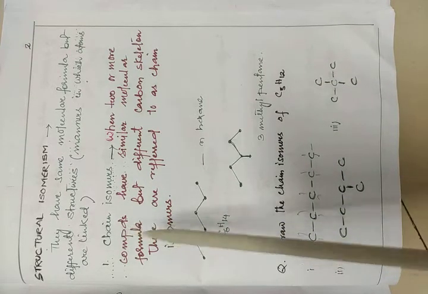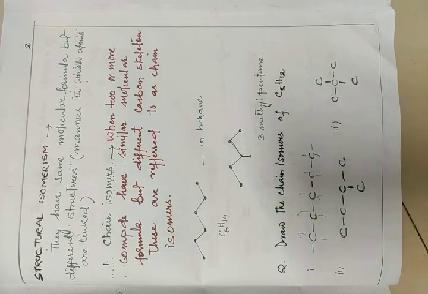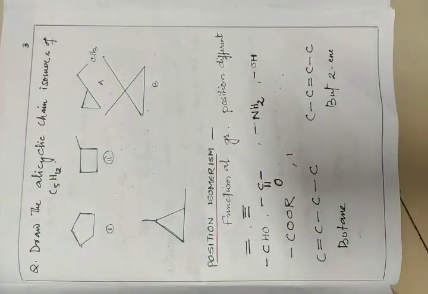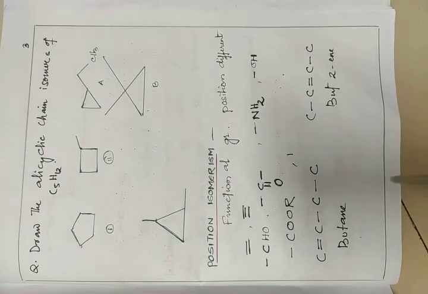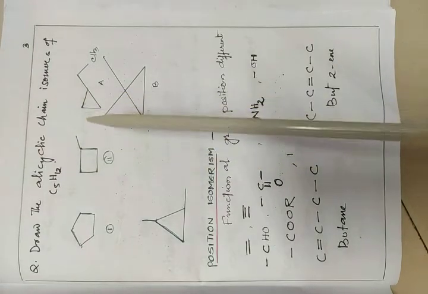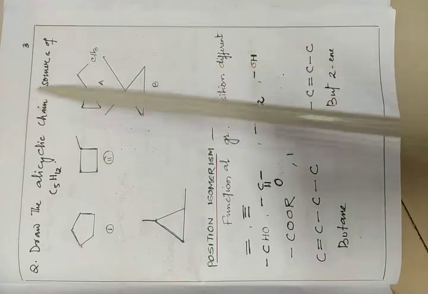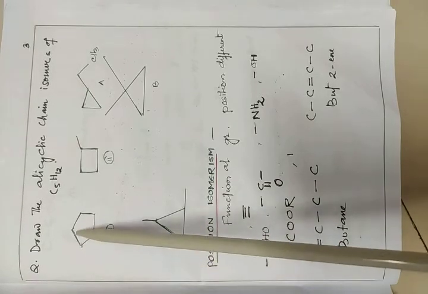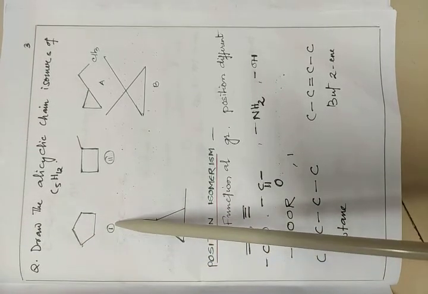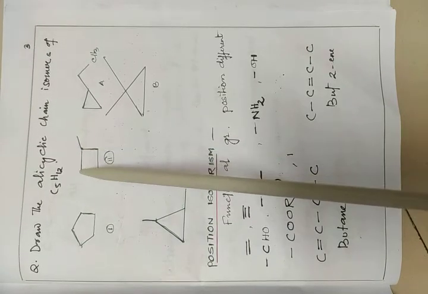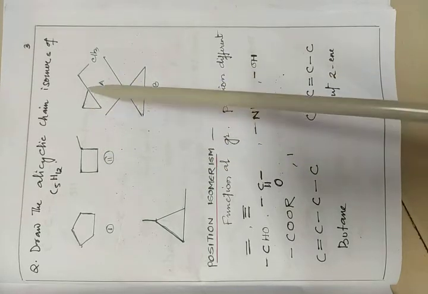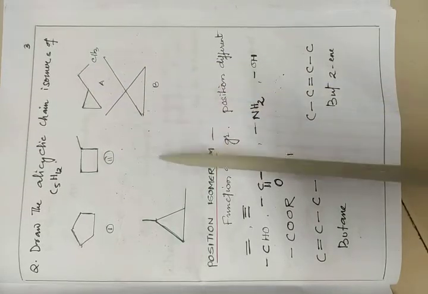According to this definition, chain isomers have the same molecular formula but a different carbon skeleton. So that is the chain isomer. Another one is alicyclic chain, which we already studied in the previous topic. In this also, C5H12, how many carbons are there? 5 carbons are there. In this way also we can draw. Here one 4-carbon chain, and another 1 carbon is here. This is also a spiral structure.